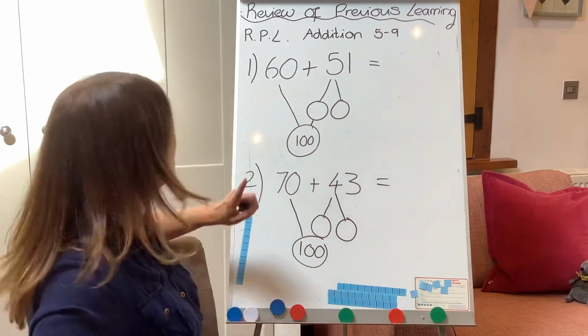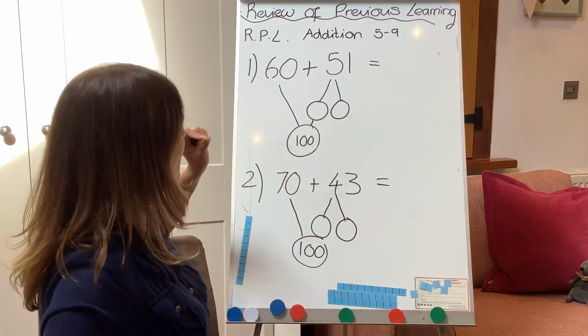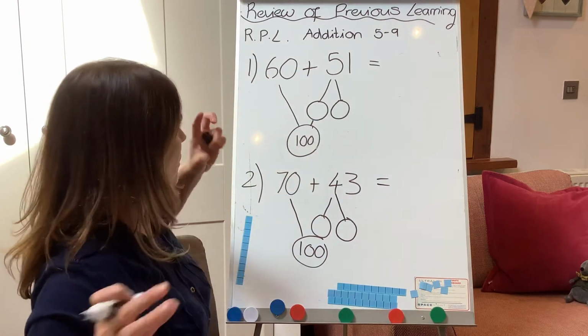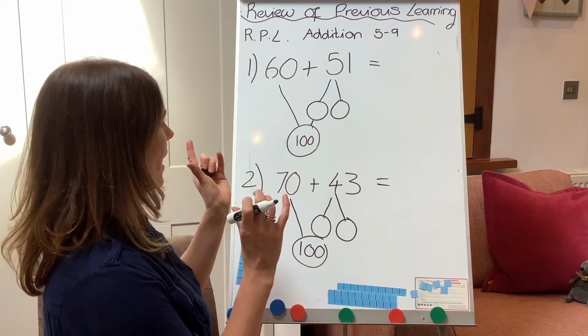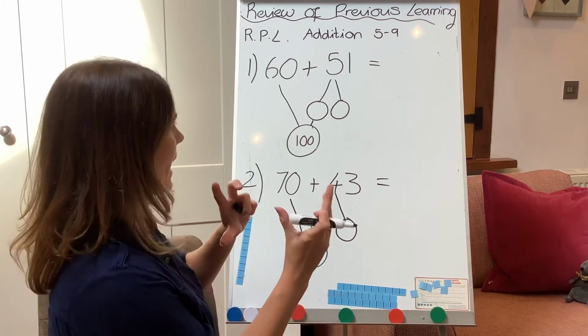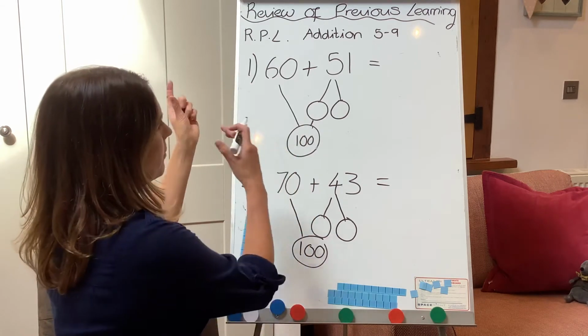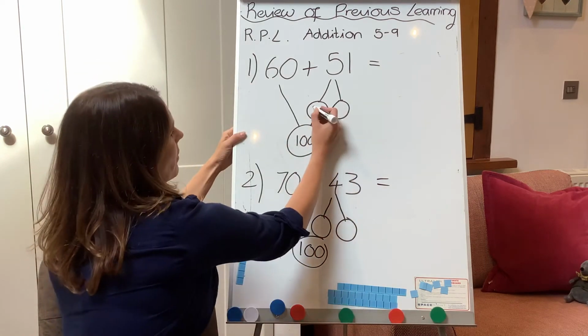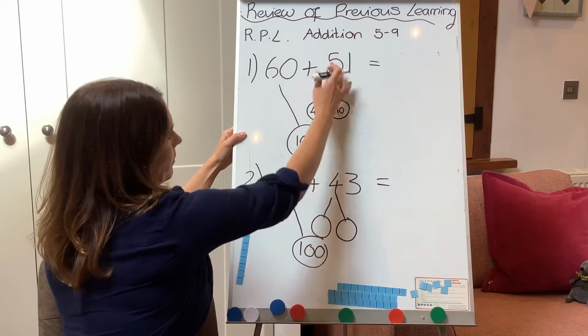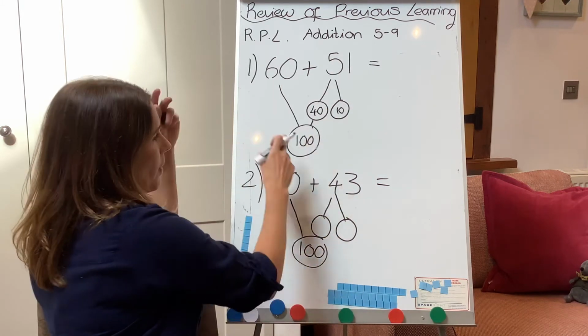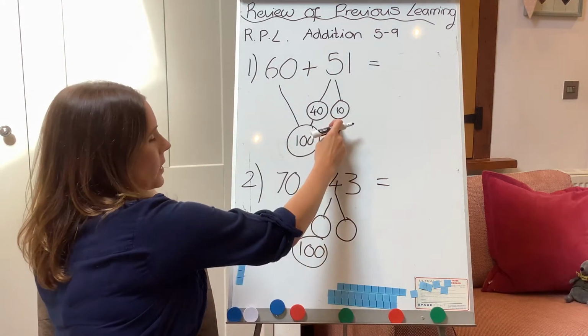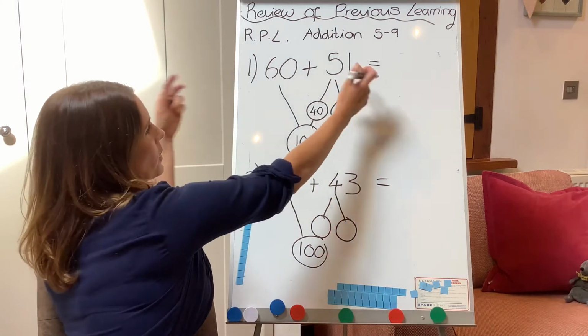Okay, so first one, 60 add 51. So the 50, I hope you saw that 4 and 1 make 5, so 40 and 10 will make 50. We need the 40 to go with the 60 to make 100. So we've got 40 there and 10. So 60 and 40, straight away I know that's 100, then I can add on 10, 110, add on 1,